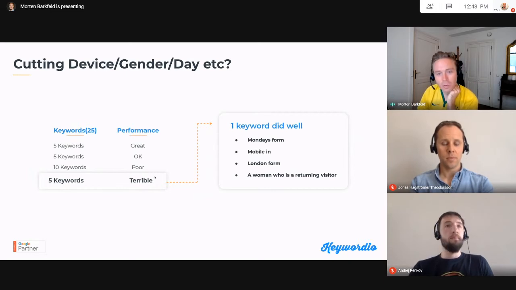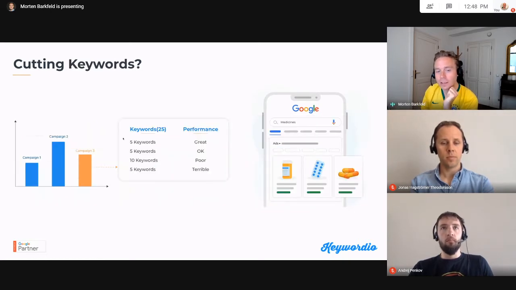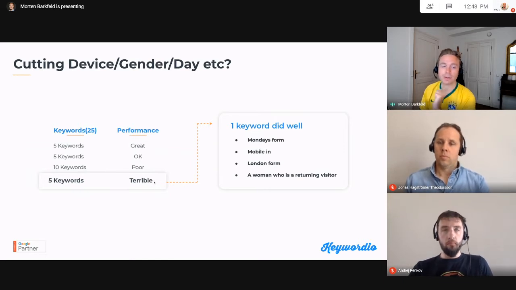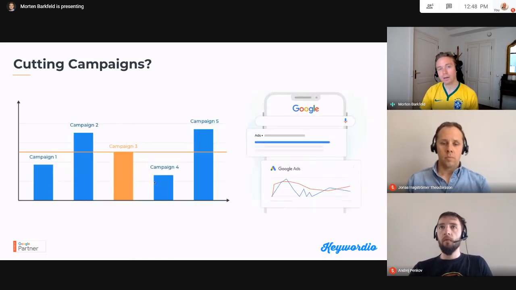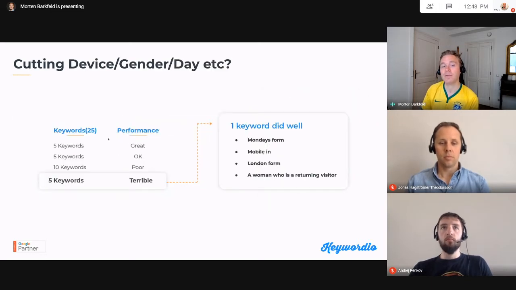So if we go back to here, we have one campaign, and it could be campaign 4, which is not doing really well. However, there are keywords underneath that campaign that are doing great, and of course, the opposite, there are some that are doing worse. And even if they're doing worse, it could be that some subsections of them are doing really well, right? So it's just to show that this may not be the best idea. This, I think, is a much better idea. And if you have time and the competencies for it, we think that this is even better.